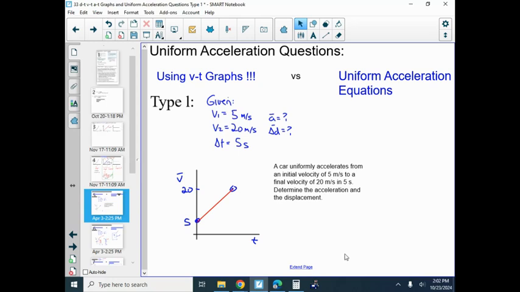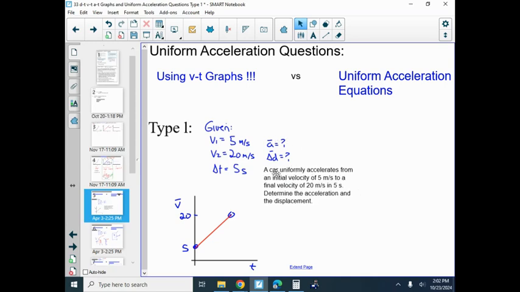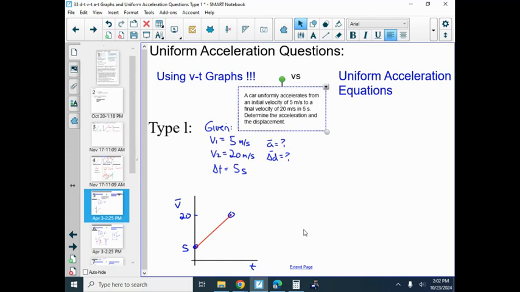You'd pull out the information and see, okay, we have the initial velocity, the final velocity, and the time it took, and we're asking for the acceleration and displacement. So this is what I'm calling type 1 because it's one of the easiest types. Making the VT graph isn't hard. I'll finish the job here and put that 5-second mark on,